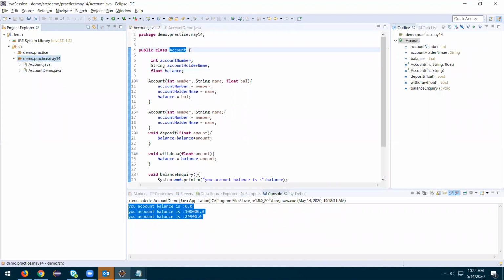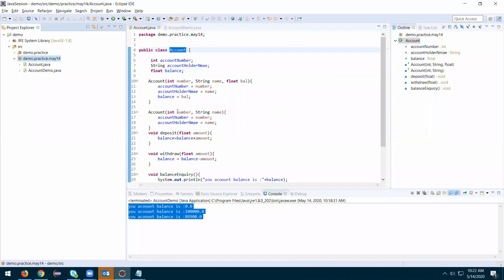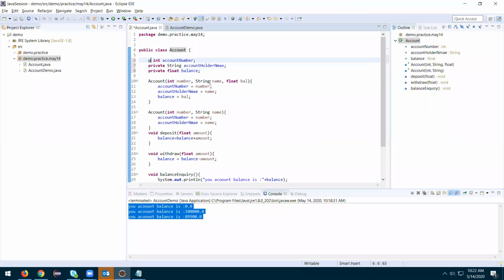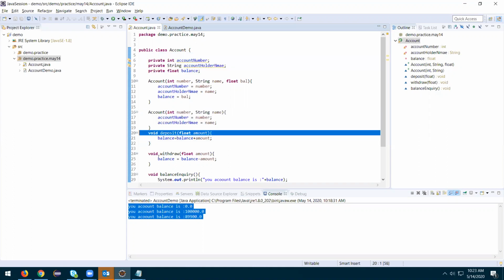As of now, you haven't understood inheritance, so we'll come back to default later. Mostly we use private or public. Very rarely we use protected and default.